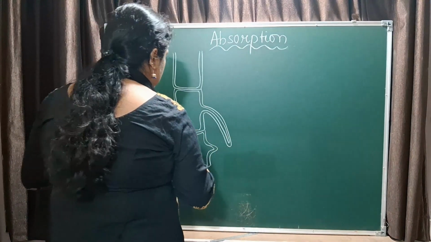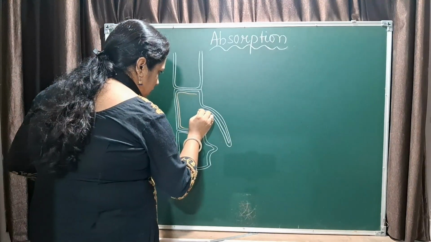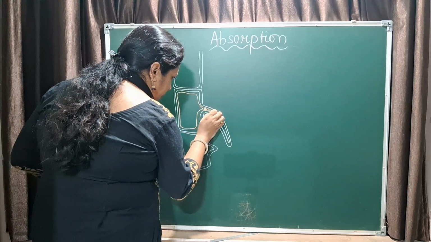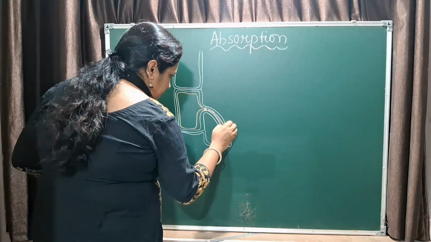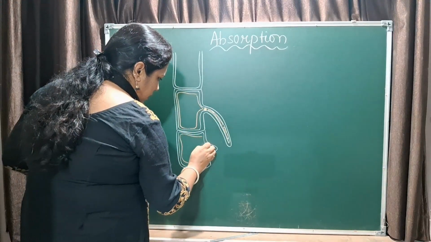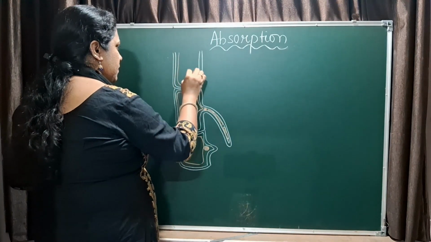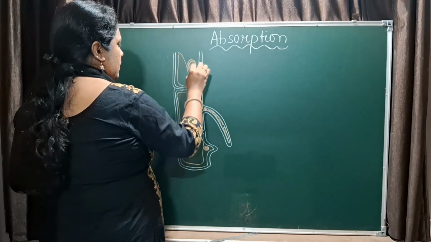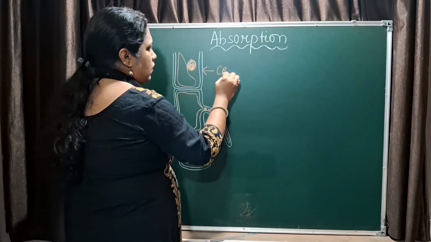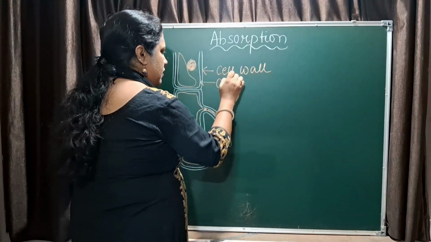Now since it is a plant cell, it has got a very large vacuole. It has got the nucleus and again there are vacuoles present. Okay, they have got a large vacuole. This is the nucleus. Okay, so how will you label it? This is the cell wall, the cell membrane,